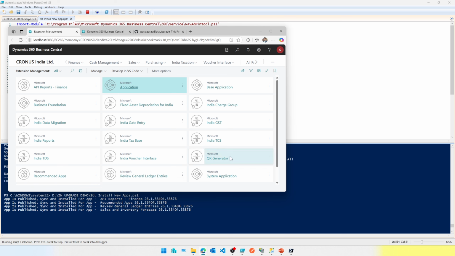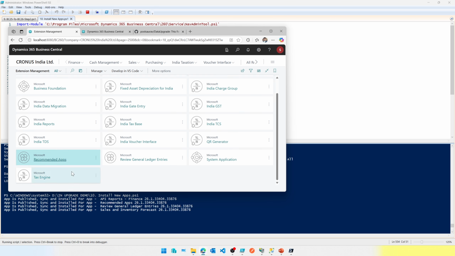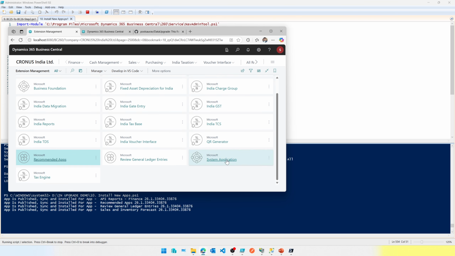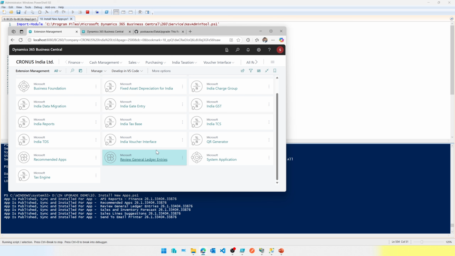Recommended apps will be here somewhere. The review, I'll have to refresh it again, but all these apps slowly will start getting into the system as we move along. Now these additional apps give your users access to the new features. For demo purposes, I'm installing everything, but in a real world scenario, you should explain what this particular extension